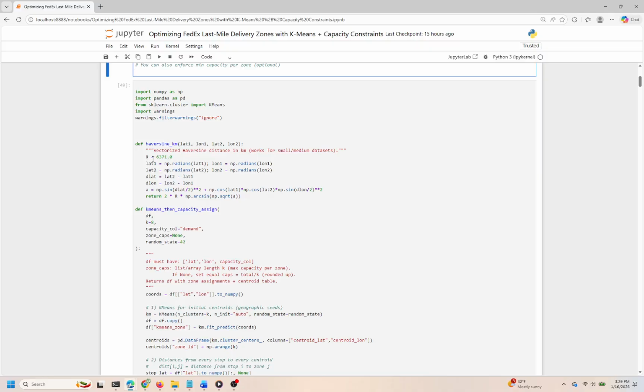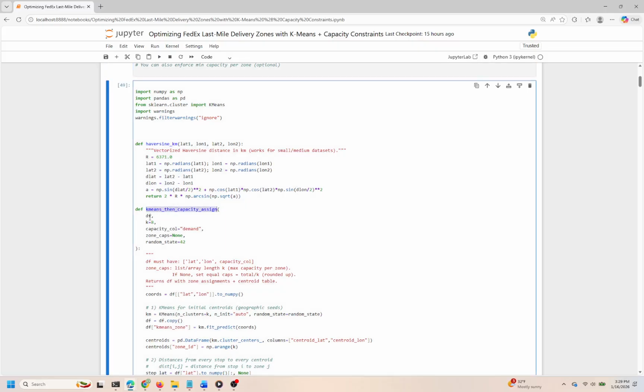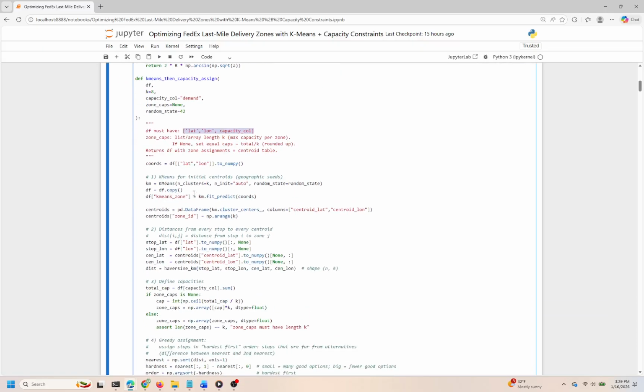The workflow starts by defining the essential structure of our data. The function kmeans_then_capacity_assign takes a data frame that includes latitude, longitude, and a demand column. If specific zone capacities are not provided, the function calculates them based on the total demand and the number of zones, ensuring they're evenly distributed. After establishing the necessary parameters, k-means is deployed to identify initial centroid points, representing each zone